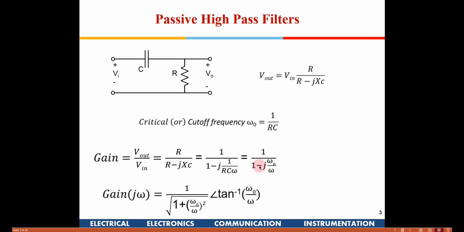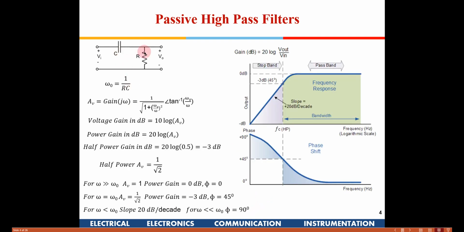Since it is negative in the denominator, when it goes into the numerator it becomes positive. So this is going to be the gain equation in the polar form. If you try to plot this, this is the gain. If you plot it, it will come this way: the low frequencies will get attenuated, and it will allow the high frequencies to pass through. We will see that again further here.